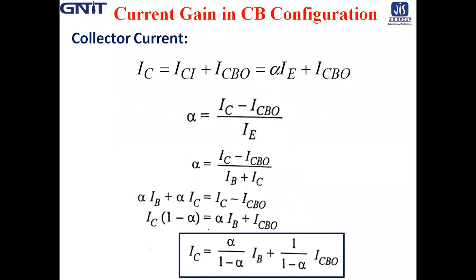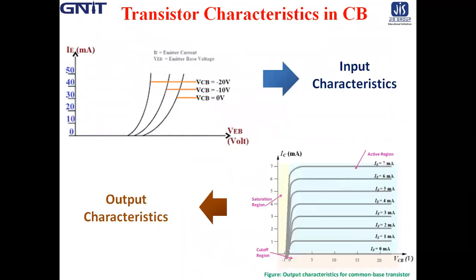We have already determined the expression of collector current, that is IC is equal to alpha by 1 minus alpha into IB plus 1 by 1 minus alpha into ICBO, where alpha is the common base current gain. Now we are going to start the discussion for transistor characteristics in common base configuration